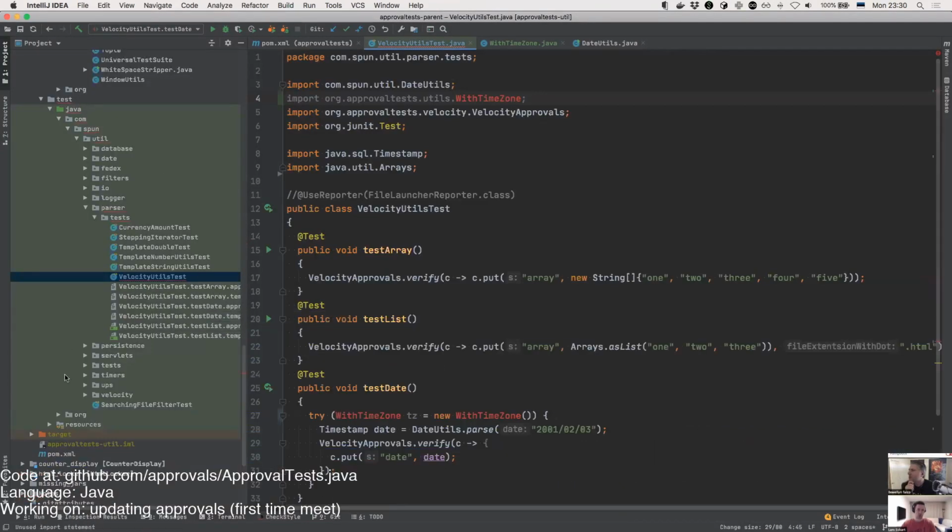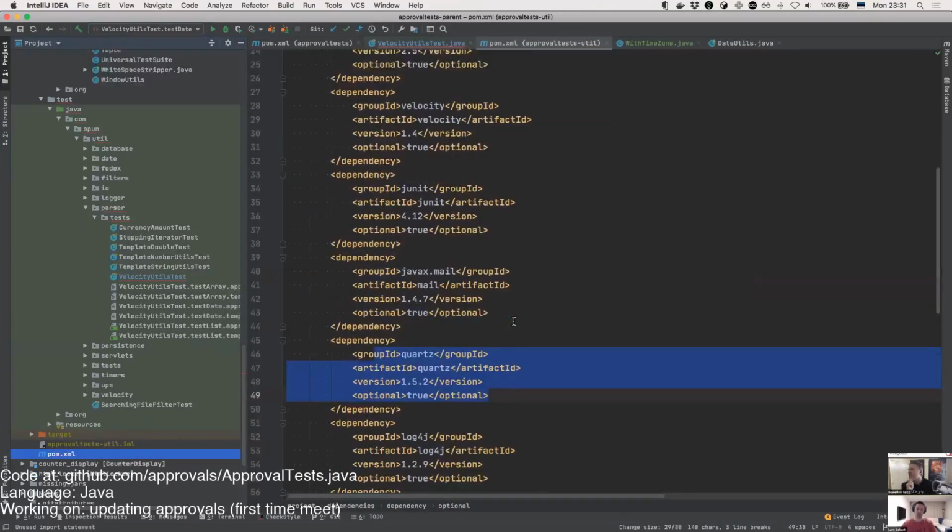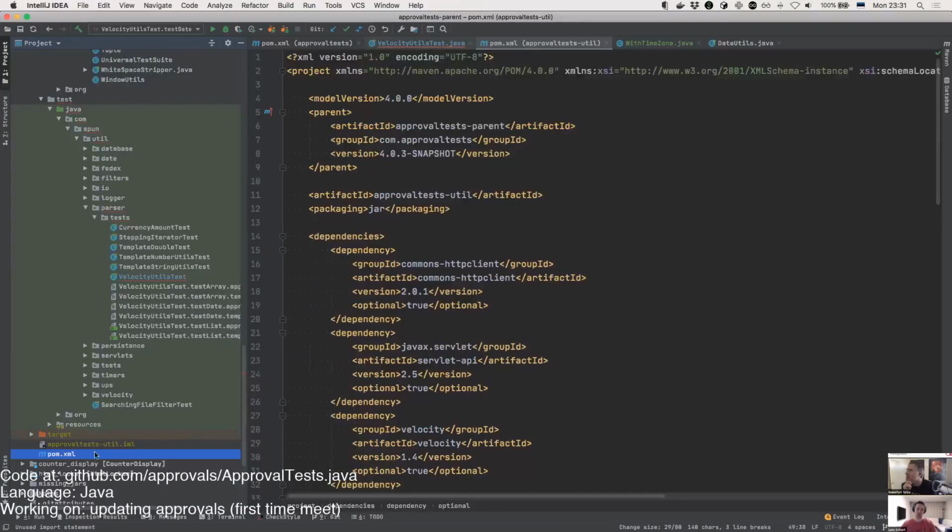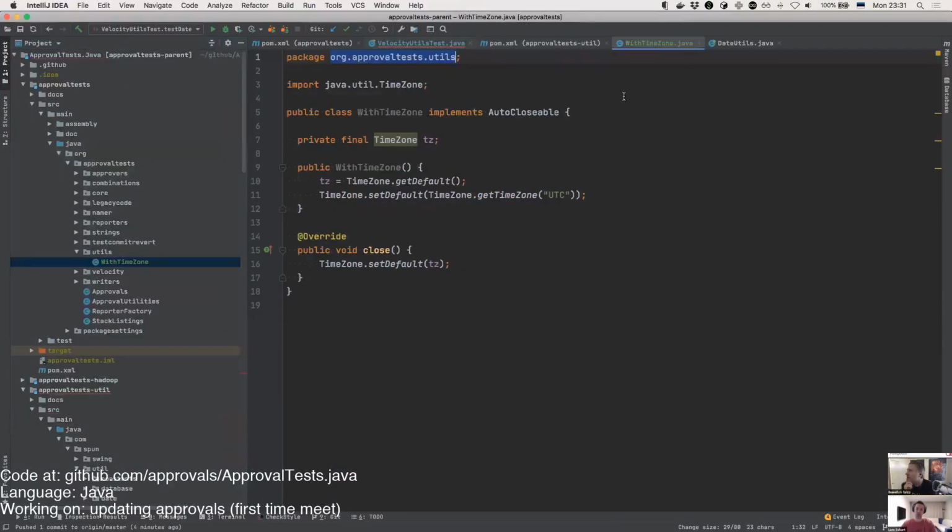Package org approval test. So let's go see why that isn't existing. So let's go to with time zone again. So org approval test utils. That part looks good. It is in the source under Java org approval test utils. So no problems there. And no red on this file.